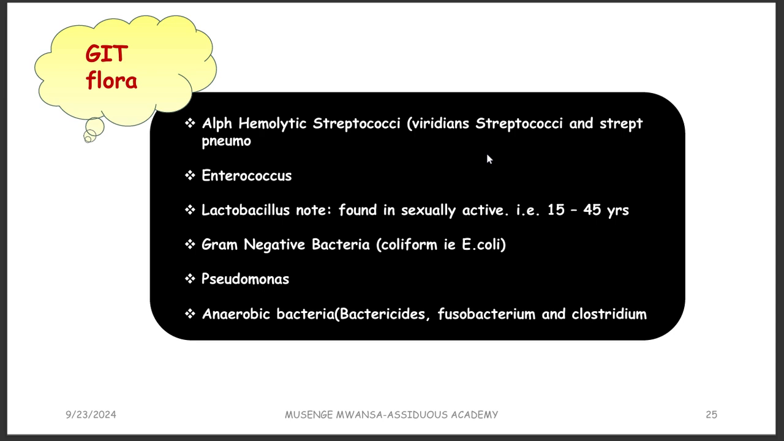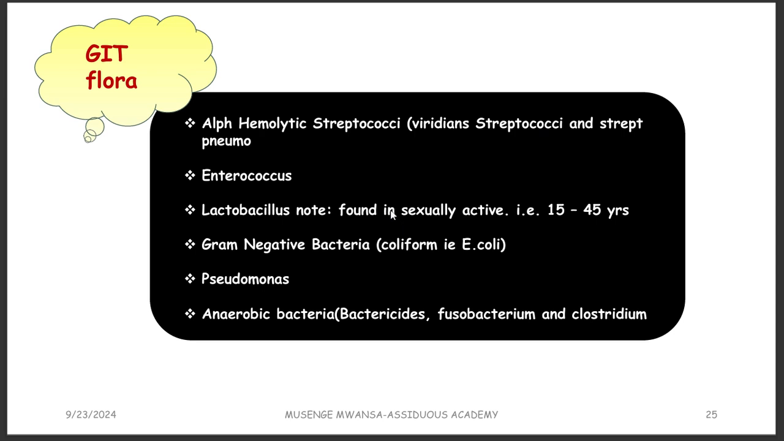Actually, when it comes to streptococcus, you can divide them into alpha hemolytic, beta hemolytic, gamma hemolytic. Alpha hemolytic, these guys show complete hemolysis, the breakdown of the red blood cells. Beta hemolysis is partial hemolysis, and then gamma hemolysis is no hemolysis. They don't break. So Streptococcus viridans and Streptococcus pneumoniae are alpha hemolytic, and then Enterococcus